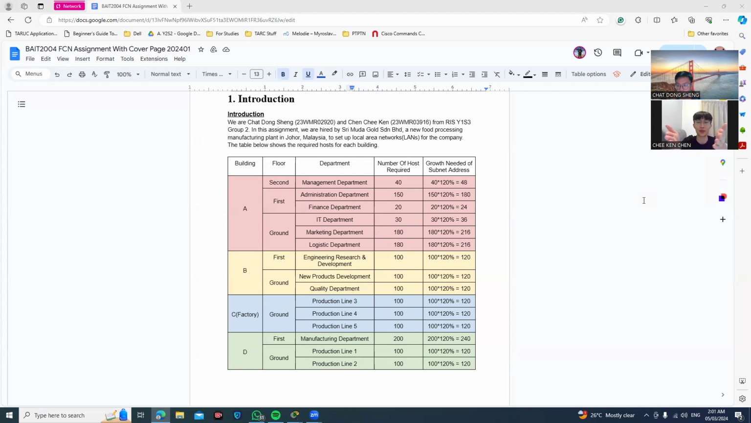We are Chad Shen, my teammate, and me, Chen Ken, from IS Year 1 Sem 3 Group 2. In this assignment, we are hired by Sri Muda Gold Sendihan Berhad, a new food processing manufacturing plant in Johor, Malaysia, to set up local area networks for the company. The table below shows the required hosts for each building, and we have separated